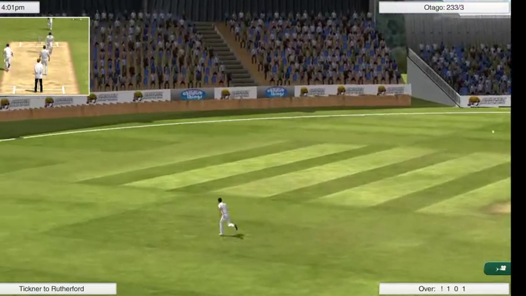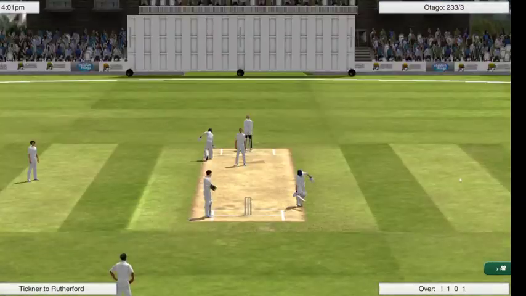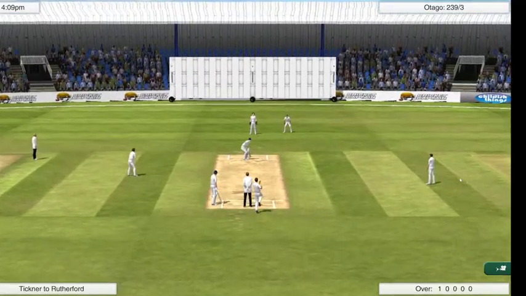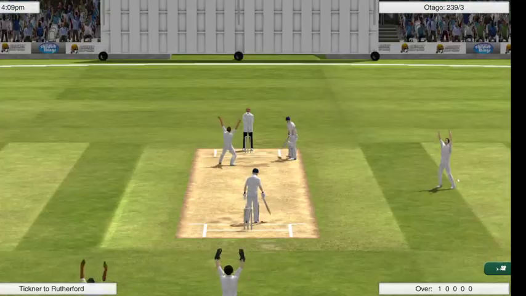It's a good shot from Hamish Rutherford. That's 4. Starting a new session, of course. Day 2, session 3. Tiger 239 for 3, as Tickner